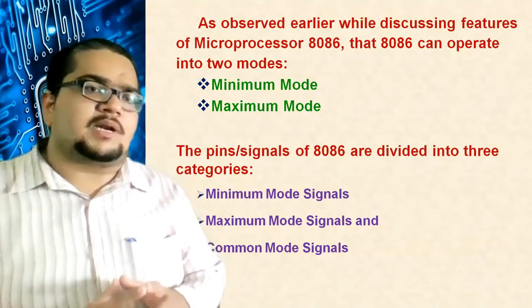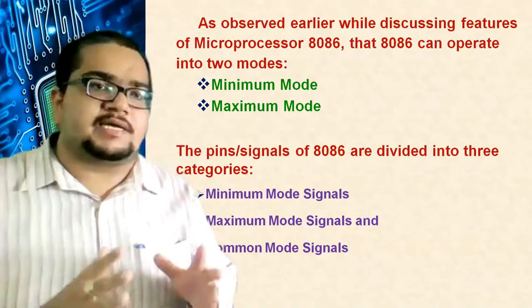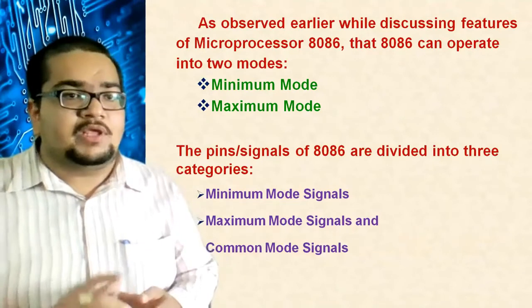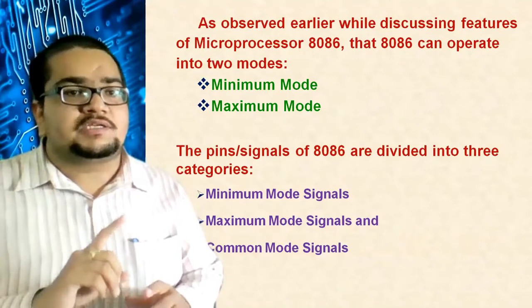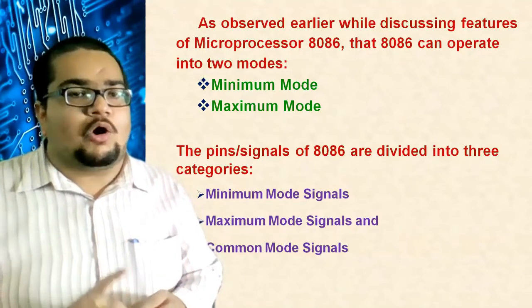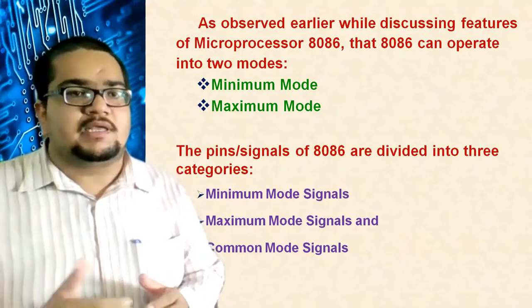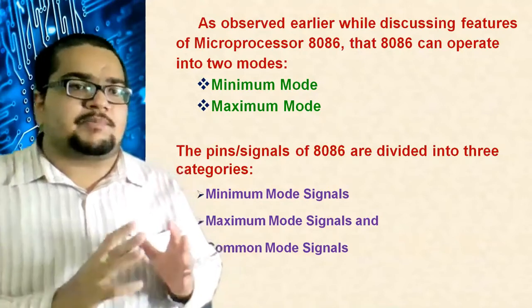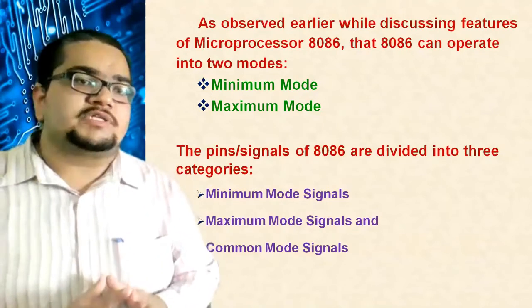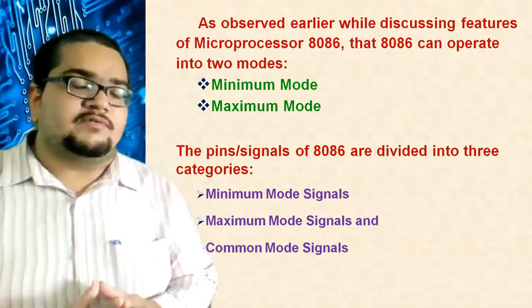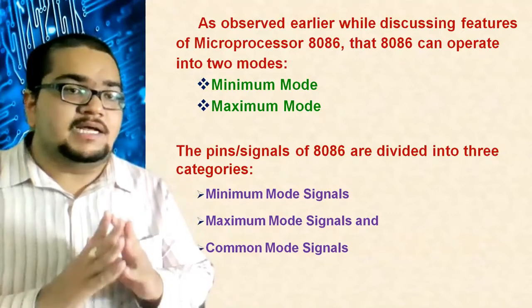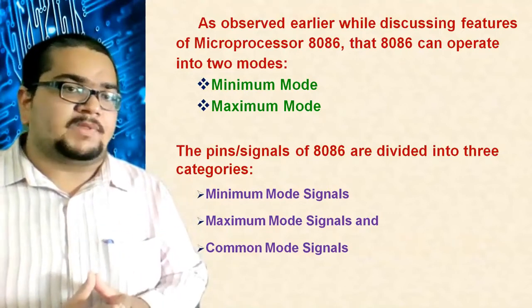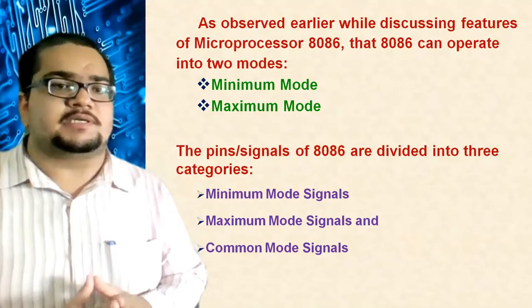Sometimes in the same computer, more than one processor may be required to increase efficiency. At that time, your 8086 processor should be switched to the maximum mode. How to switch that? Obviously, we'll see how to switch between the minimum mode and the maximum mode also. Minimum mode is a single processor system mode, and maximum mode is a multi-processor system mode, where more than one processor can exist in a CPU at a moment of time for increasing the speed and efficiency, obviously.